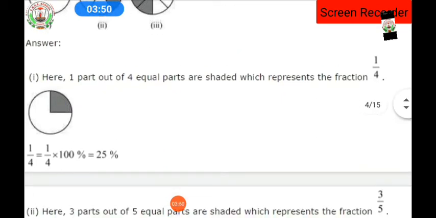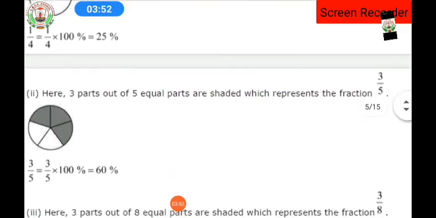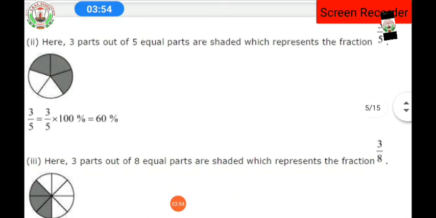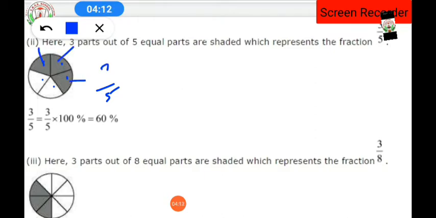In the same way for the third part, here we can see that in this figure how many total parts is a circle having? 1 part, 2 part, 3 part, 4 part, 5 part. The total will come in the denominator as it is having 5 parts. Total 5 parts of a circle are there, and among the total 5 parts, how many parts are colored? So that is 1, 2, 3. So that will come in the numerator. So 3 by 5 fraction of the circle is colored, okay, and this fraction you have to convert into a percent.